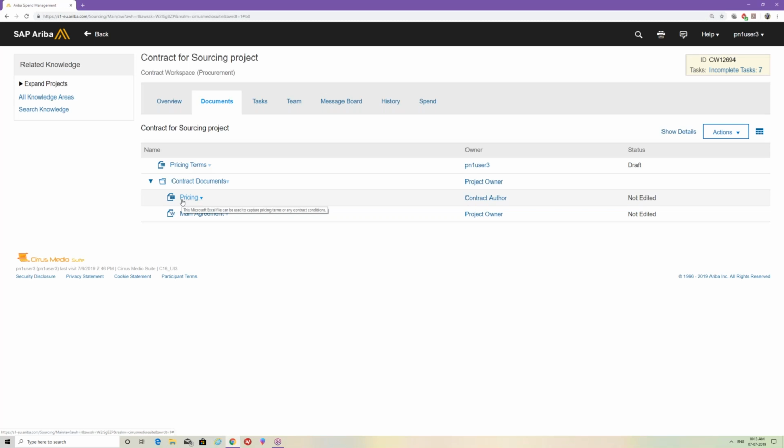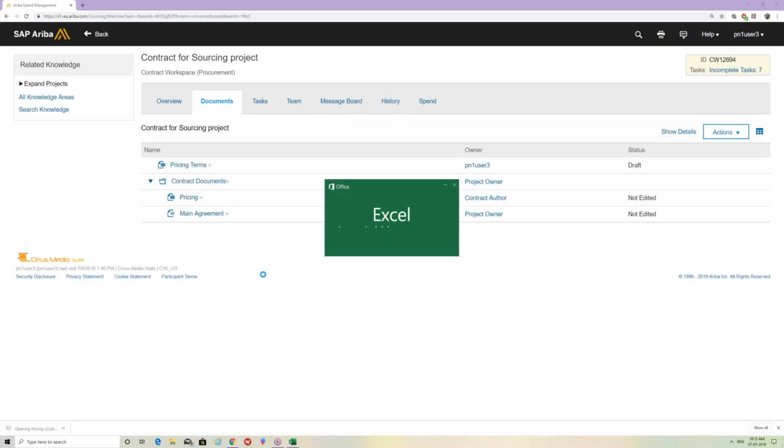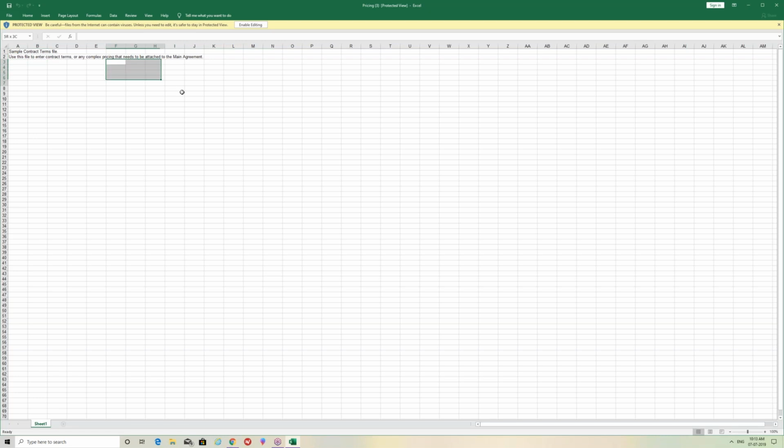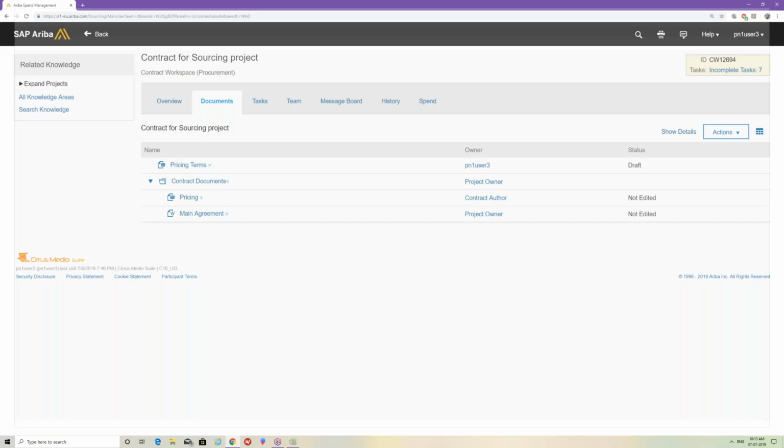Similarly, this pricing, if you download it, will be totally empty. Nothing will be present over here. Why? Because pricing cannot be entered at a template level. It has to be entered at a contract level. But if I click on the pricing terms over here and check,